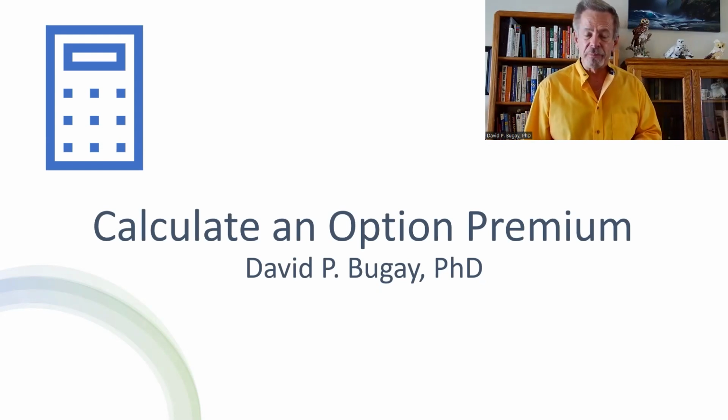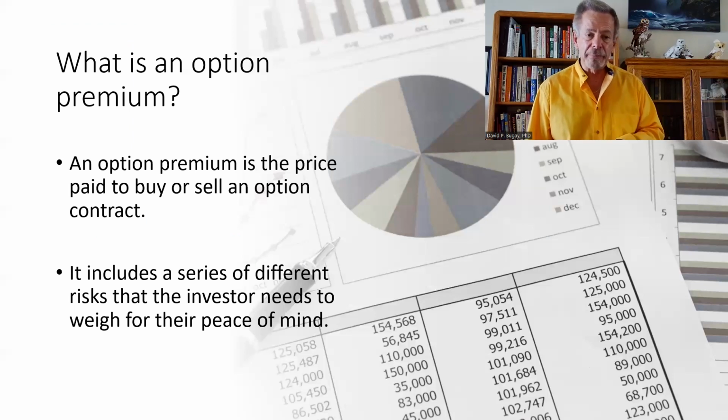Now we're talking about an option premium. You need either a slide rule or a fancy calculator, but you know what? They got software that does it. You go click, click, and boom, it calculates it for you. So life is easy. So we're going to talk about what is an option premium.